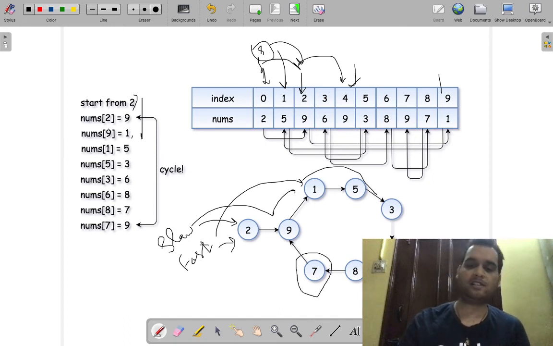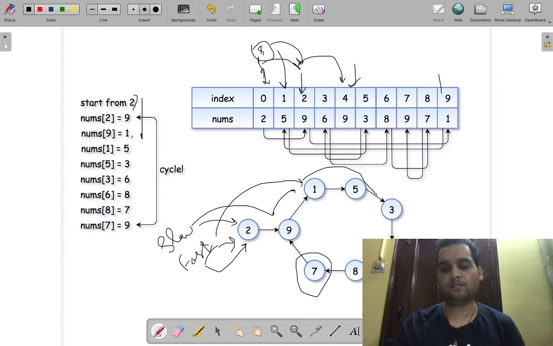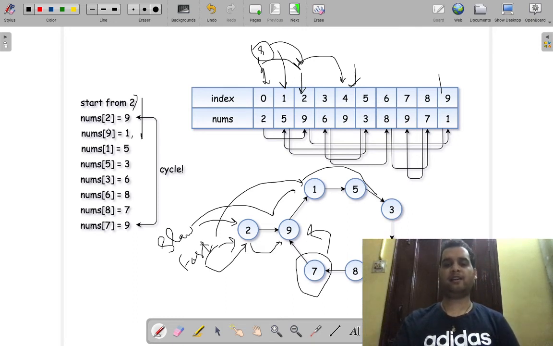Okay, so this is the first pass where we have incremented fast by twice. Then again we will initialize fast to the initial number, and this time we will only increment it by 1. So 7 is where slow is, slow will go to 9 and fast will go from 2 to 9. So that's where we will find a duplicate number.